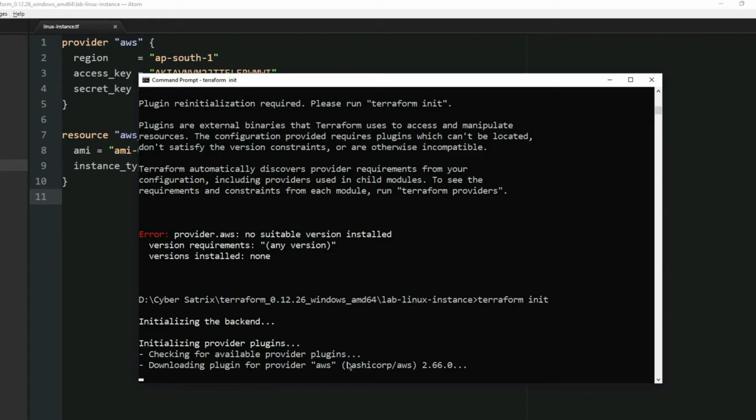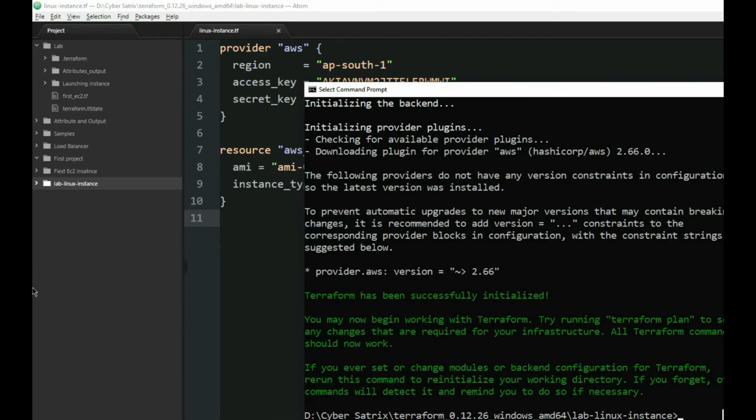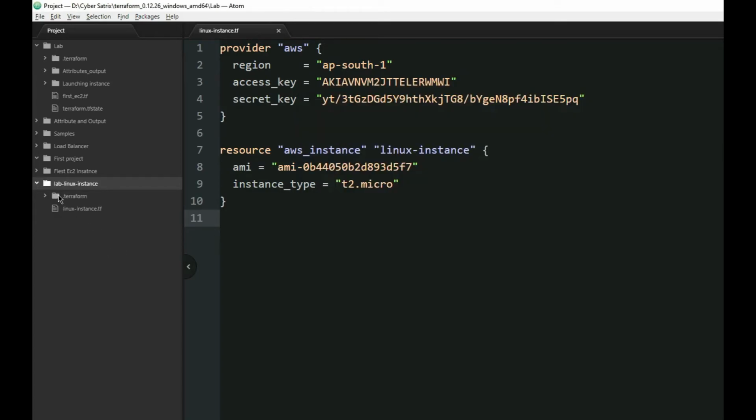It might take some time. Now, when I expand, I get an additional folder called .terraform, which pops up when you run the Terraform init command, and it gets the required plugin which it needs to run the Terraform commands here.